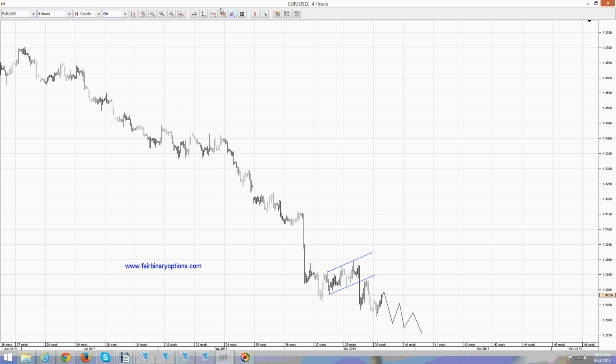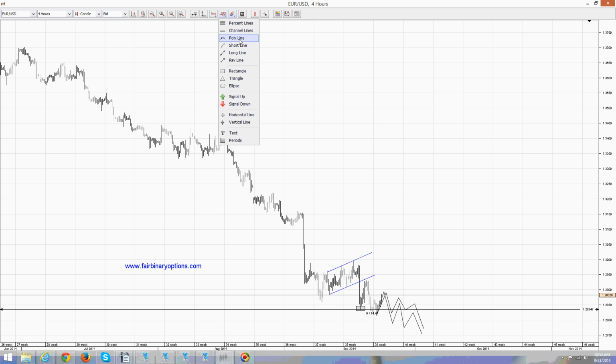The other possibility would be that it is just a classical contracting triangle that goes from this moment on, will be A, B, C, D, E, and then to break lower. However, it is mandatory for the triangle to end below the lows at the impulsive move here, and those lows are, let's see here, 1.2834. So for the triangle to end below 1.2834. Now we are in the 1.2833, so I would say that we are only in the wave or leg